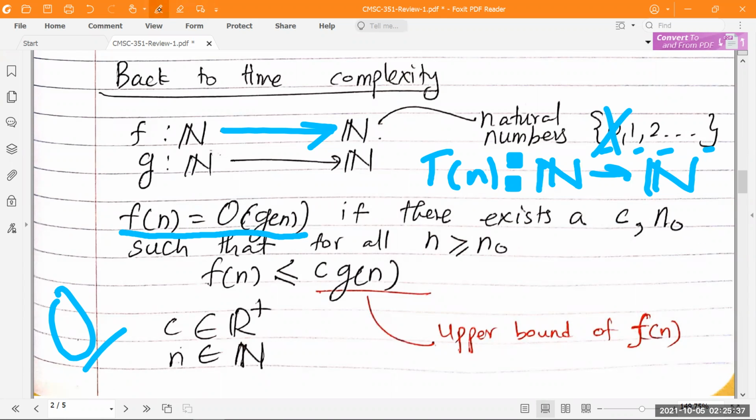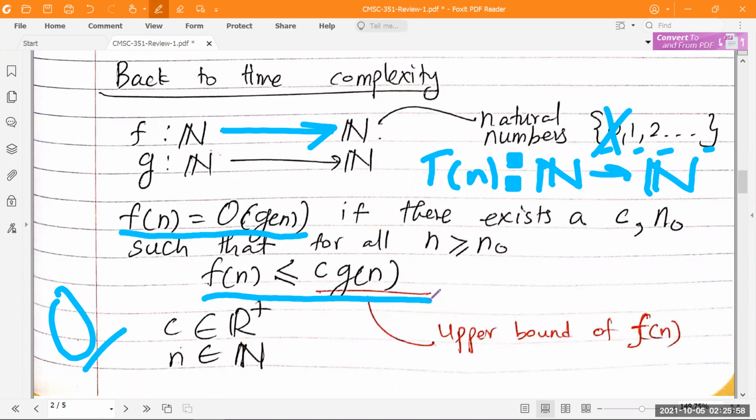You have to have Fn and you have to have a Gn. So you're going to say Fn is big O Gn when you have these two. You can find these two numbers basically: if there is an N naught after which, for all n bigger than or equal to N naught, you have this condition,